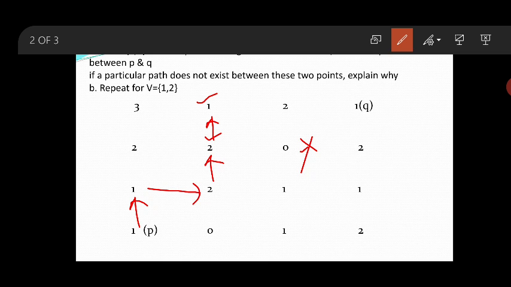Now in which direction? This way. Now which direction? This way. So what will the length be? 1, 2, 3, 4, 5, 6. So what is the length of the 4-path? 6. 6 is the shortest length for